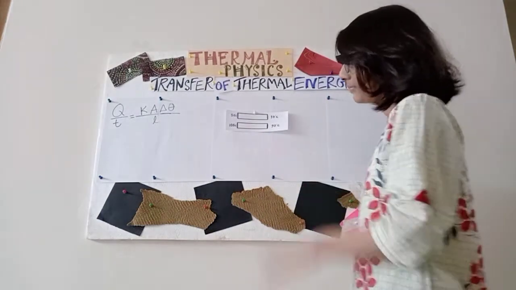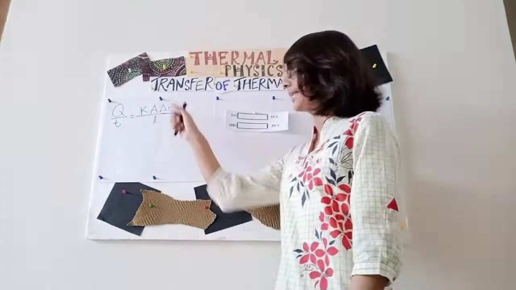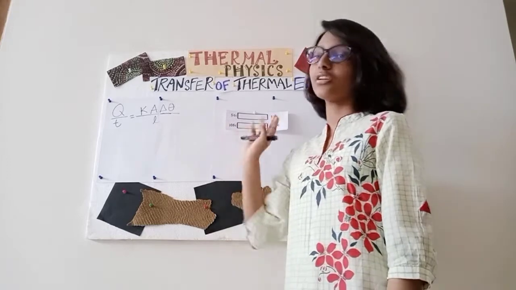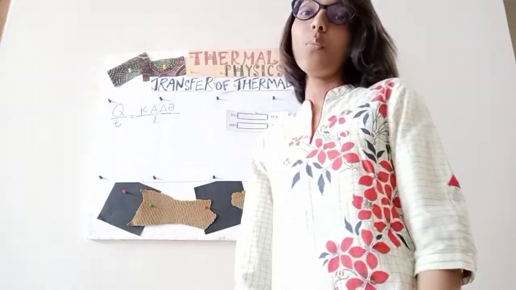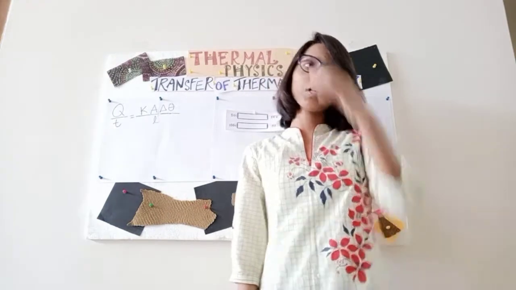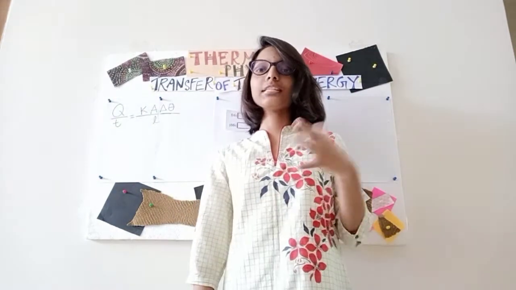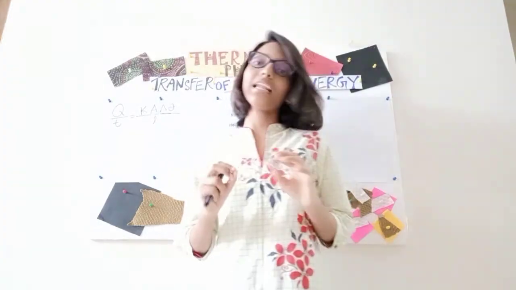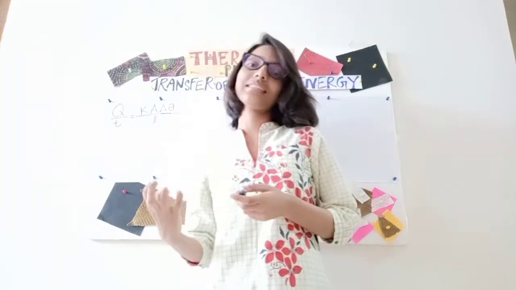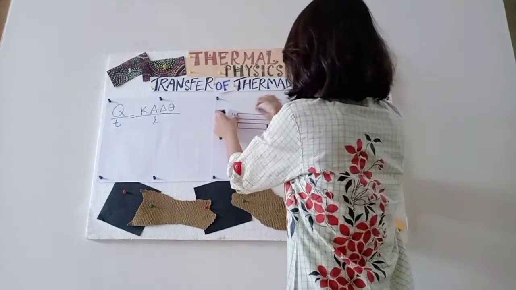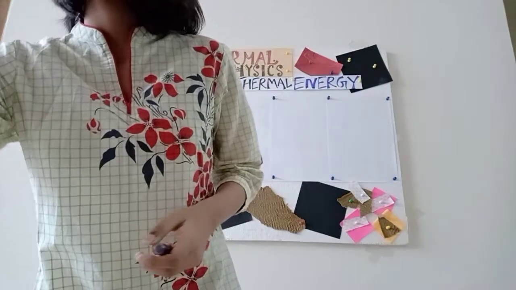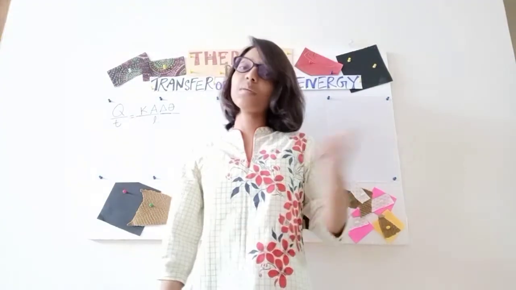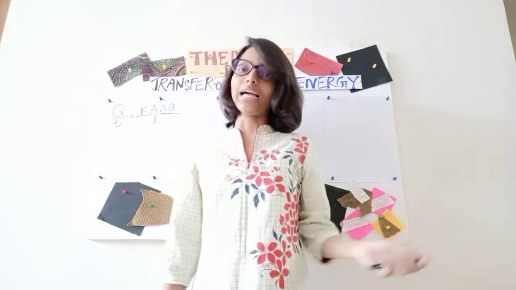So yes, and one more thing is basically length. We can understand looking at the equation that when length is less, rate of heat transfer is more. But why? Of course, because if the length is less, it will take less time for the heat to transfer along the whole solid. That is why the rate of heat transfer is more when the length is less. Alright, so with that we are basically done with the factors that determine the rate of heat transfer through conduction.